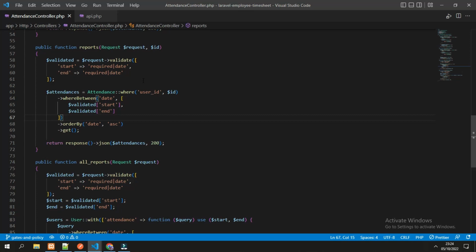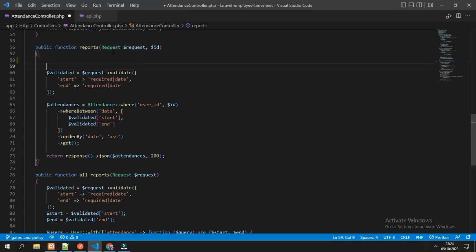To do that, we are gonna use one of the functions of authorization in Laravel, which is gates. Gates is a simple way to determine if the user is authorized to do something. So like in the reports function, the one that should be able to see the reports is the user itself.